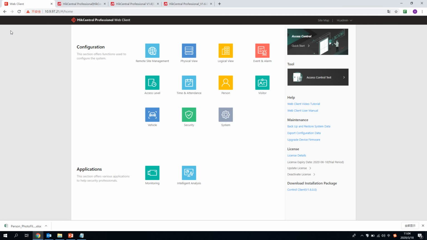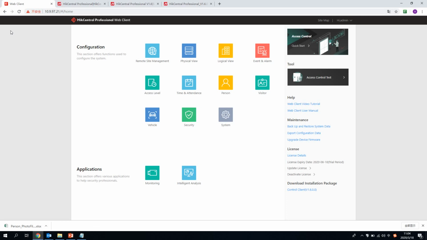And then that's it. After all these 3 steps, you can go to control client to check the operations. But if you have more requirements like longer open duration, and also free access schedule, or maybe relate the cameras to your doors, or maybe you want